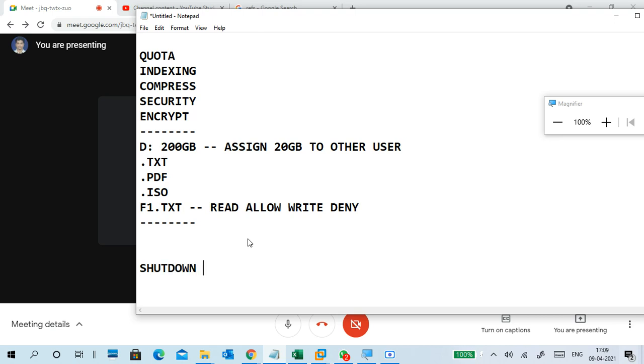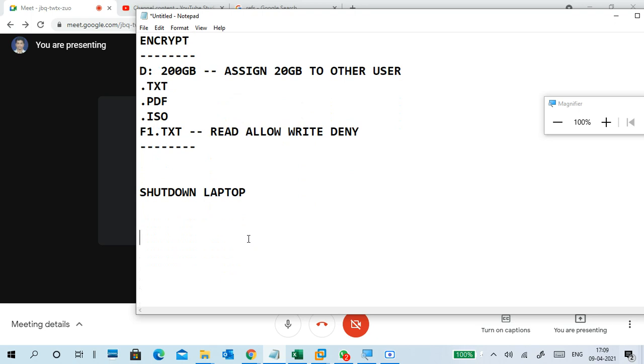Before the laptop shuts down, you have to go to the VM and shut down your virtual machine. I will show you that. First shut down the virtual machine, then you can shut down your physical machine.